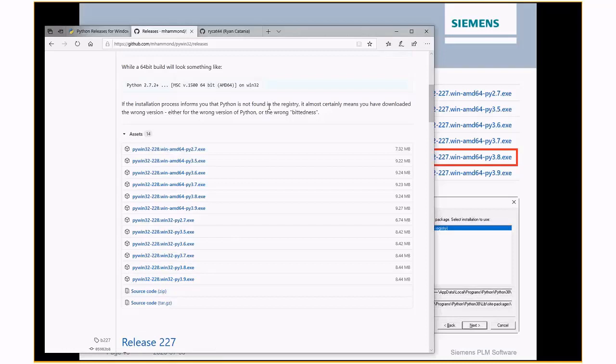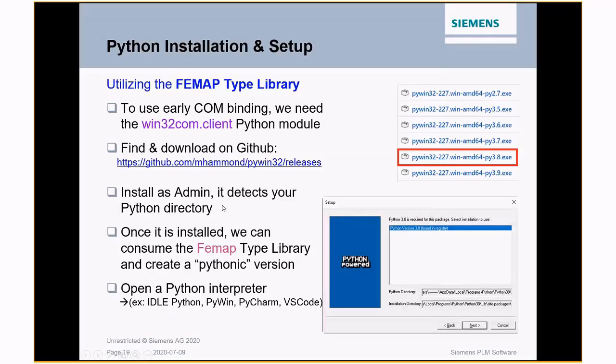You want to make sure that you've downloaded the right bitness. If you're running 64-bit, you want to download the 64-bit. If you're running Python 3.8, you want to download the Python 3.8 version. Once you download that, you're going to install it. You're going to let it install as admin, and you're going to have this module ready to go on your computer. And then there's one final step to make your life easier, which is to create a Pythonic version of